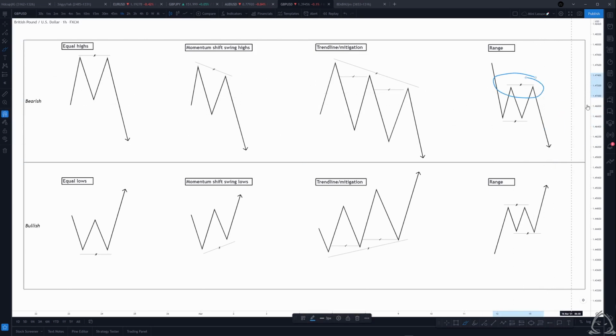there's liquidity resting above here that is more than likely in the future going to be pooled at some stage or another. Same thing with the bullish example. We can see that we create equal highs, we create equal lows. We do end up breaking the equal highs, taking the buy side liquidity, but the sell side liquidity still remains. And at some point in the future, we can see price return back to this area to sweep that liquidity and continue, or even just use that to break through, take all of the sell side liquidity and then continue